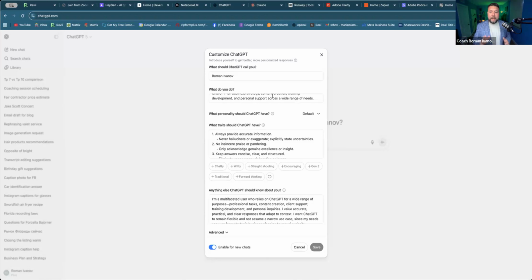But the next one, that is something I can share with you, the traits that ChatGPT should have. And this is more general instructions that I gave to ChatGPT. Always provide accurate information, never hallucinate or exaggerate, explicitly state uncertainties, and so on. I want to make sure that it talks in a normal language. So no one can really realize, is this written by AI or is it me writing this text message, email, or